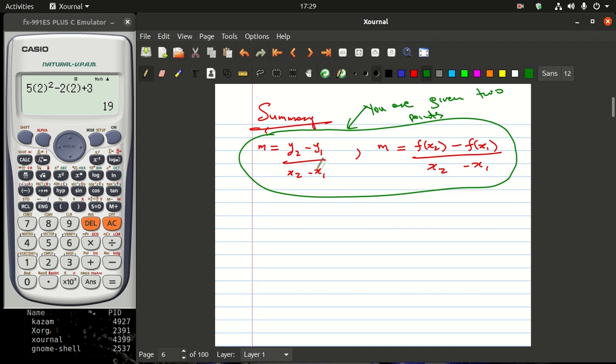This one is when you are on the curve. And then, of course, this one is the average rate of change between given 2 points. And then now, when you are given 1 point,